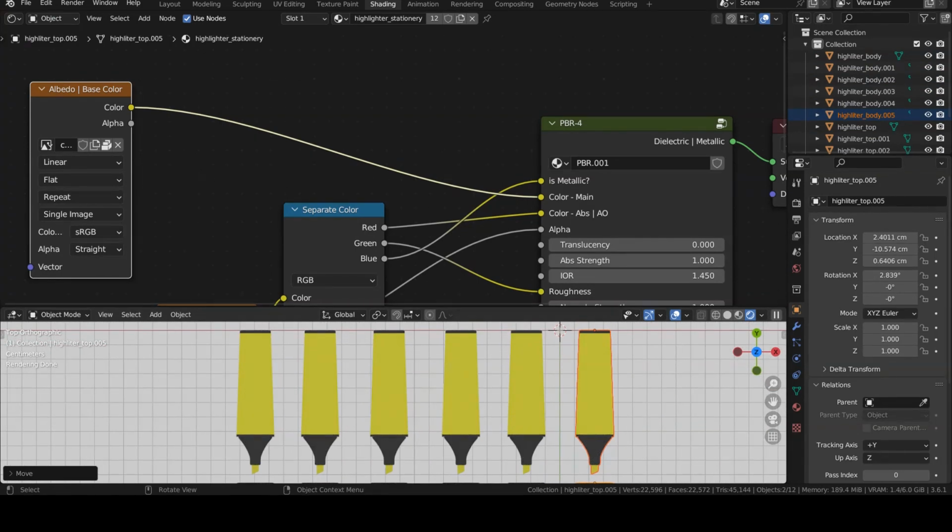To change the colors of the copies, there are many ways, some more suitable than others, depending on the circumstances. In this particular case, the color to be changed is uniform, and most importantly, the rest of the object is black, so we can use the Hue Saturation Value node to change the hue of the base color texture. Let's see how to do it.